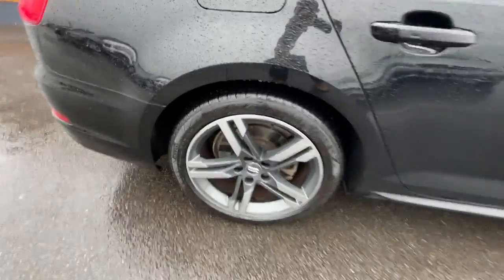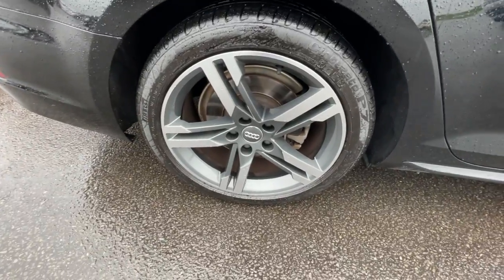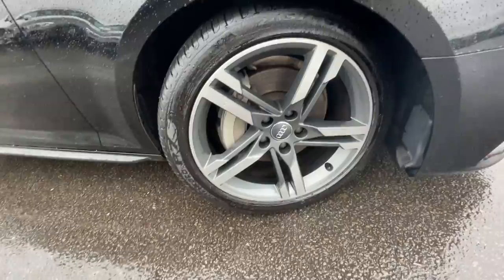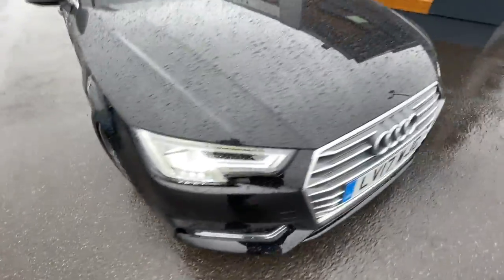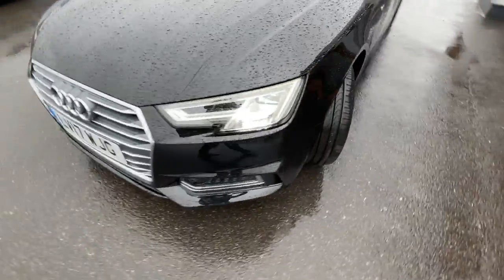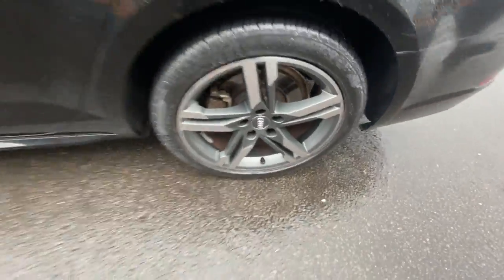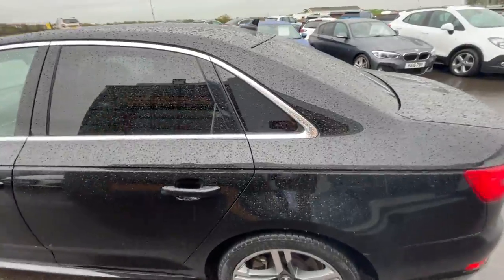But yeah, we'll start off with the alloy wheels like always. It's got the 18-inch 5 twin spoke star design alloy wheels in really good nick, to be honest. I will show the alloy wheels on the actual Auto Trader page so you can have a really good look. Yeah, really nice alloys. There's a fourth one. Comes with the rear privacy glass at the rear side window and at the tailgate, which